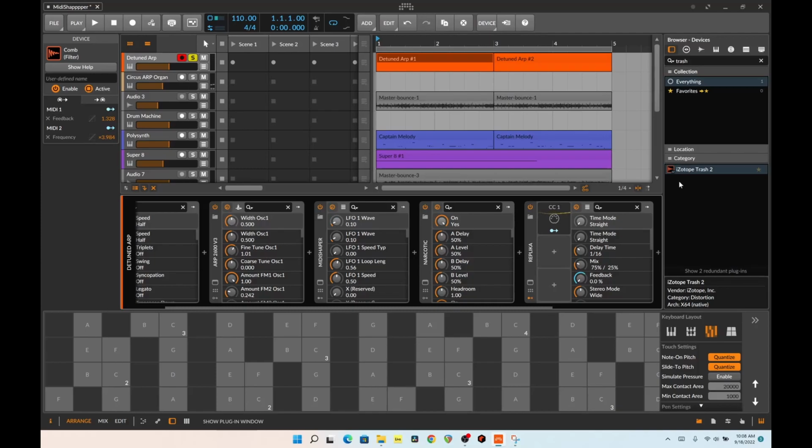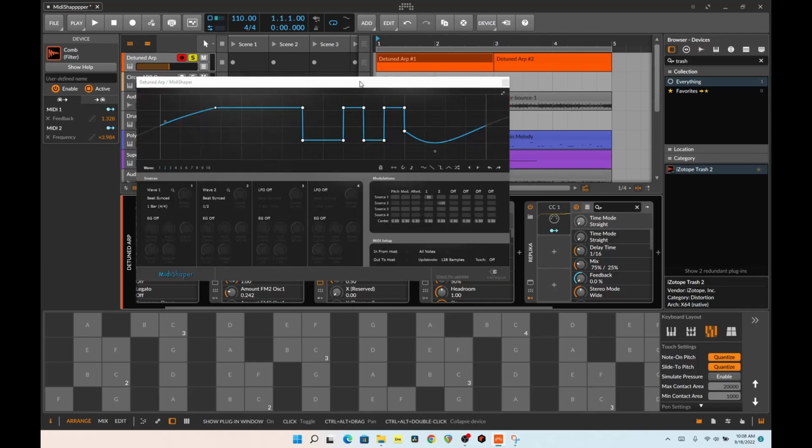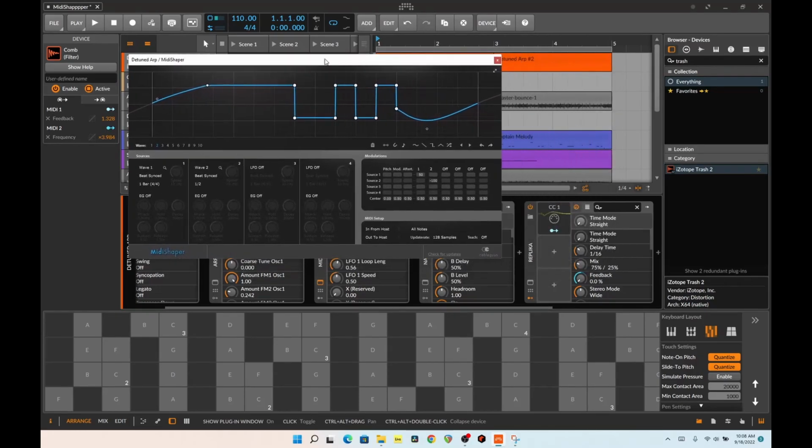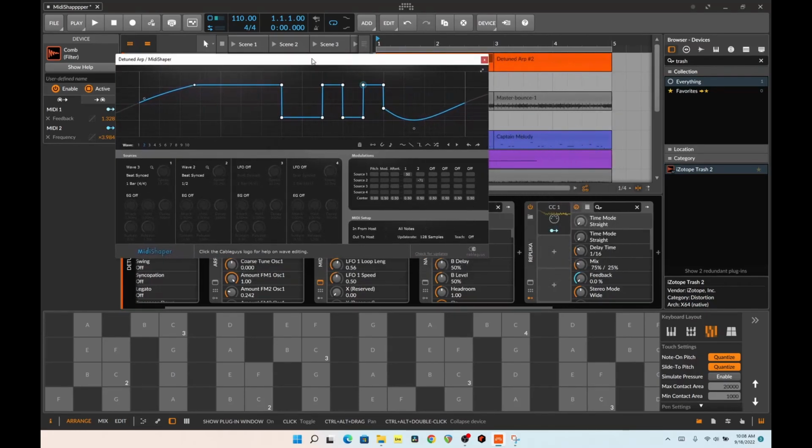Why is that? I don't know. But what I'm going to focus on is actually this plugin, MIDI Shaper. When I was looking at Narcotic, I was thinking, how can I do this in Bitwig? I thought everything can be replaced in Bitwig except for, and at the time I thought it was, an MSEG editor. The one thing that you can probably replicate with steps in Bitwig